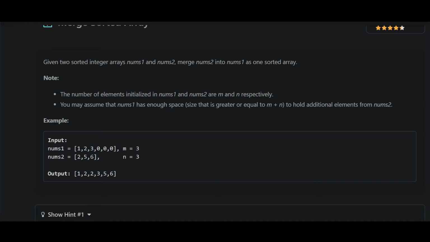So we compare 3 and 6 and we place 6 because that is greater over here, and then we move the pointer of nums1 one step backward. So we compare 5 and 3 and then we place 5 over here, and then we compare 3 and 2, we place 3 over here. We compare 2 and 2. In this step it doesn't matter where we place what, we place 2 over here. Now at this point nums2 has gotten over, but we don't need to carry out any other operations because everything else in nums1 is already in place.